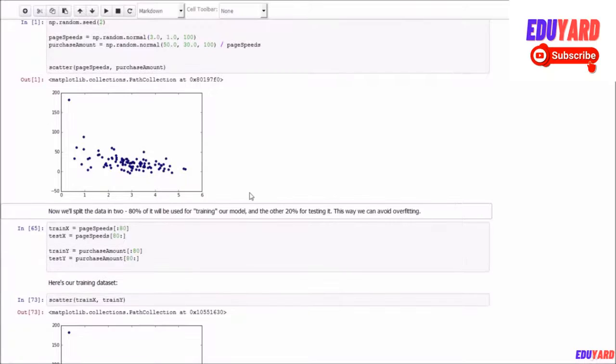Next I am going to split that data. I am going to take 80% of my data and reserve that for my training data, and we are only going to use that 80% for training the model. For testing that model against unseen data, we use the other 20%.